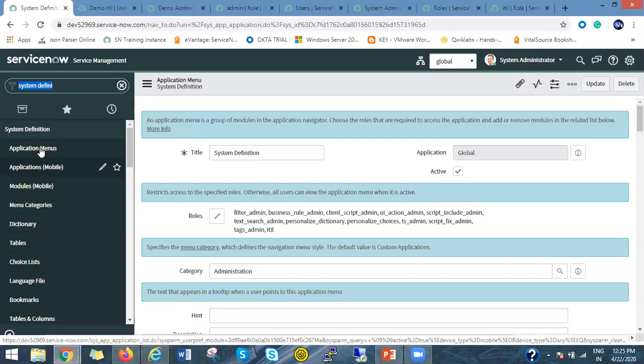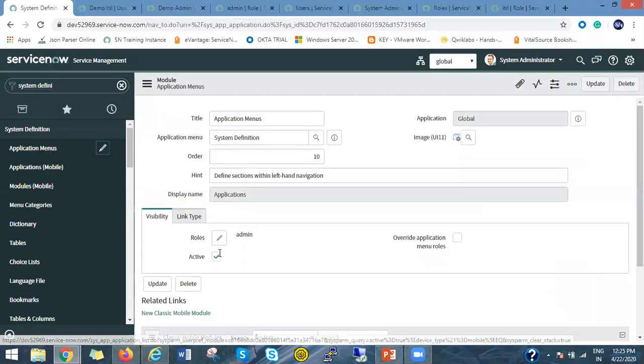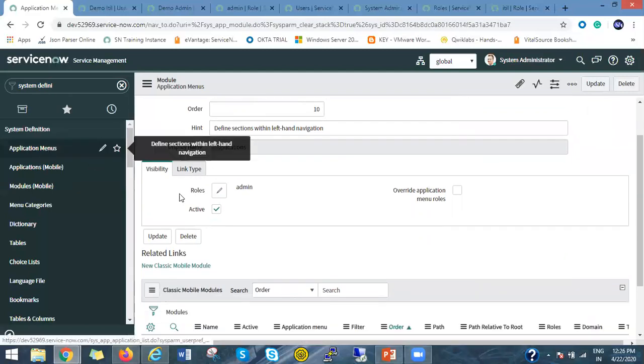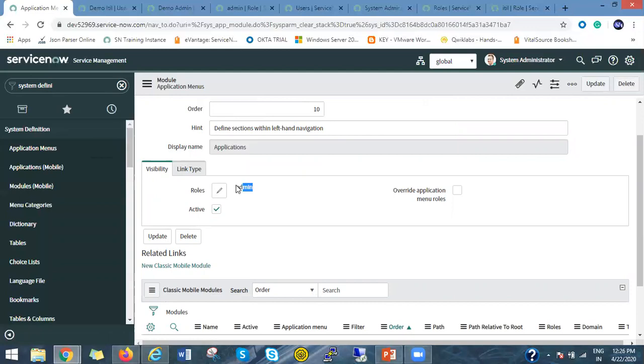So in that case, you can click on the particular module, this edit module pencil icon, and here also you can assign or change the visibility. Okay. So currently you can see this application menu is only visible to the admin.